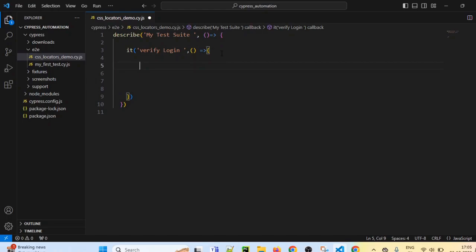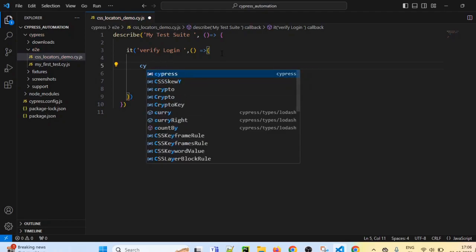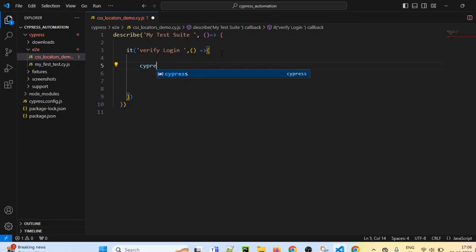So first step is launching the browser and opening the web page. For that, which command do we have to use? cy.visit. So if you type cy and dot, we don't directly see the options, the various methods which are provided. For the Cypress object or Cypress module, there are lots of methods like visit and others, but we cannot see them directly.